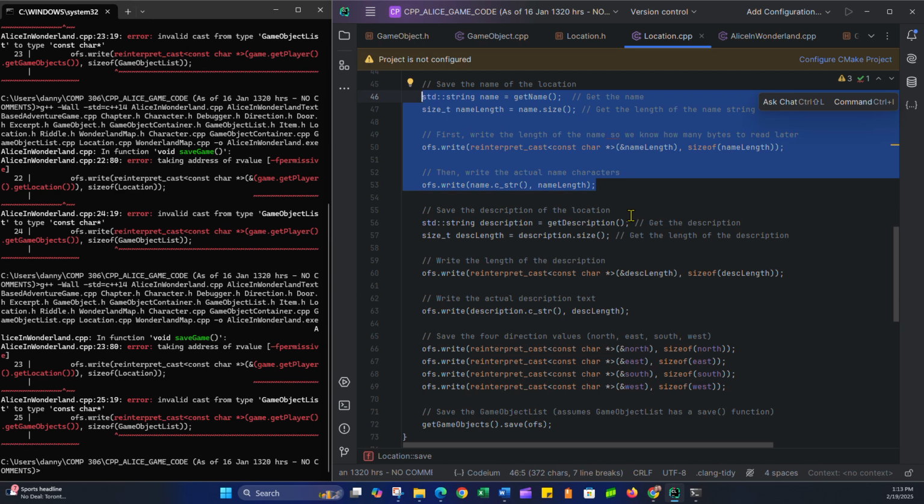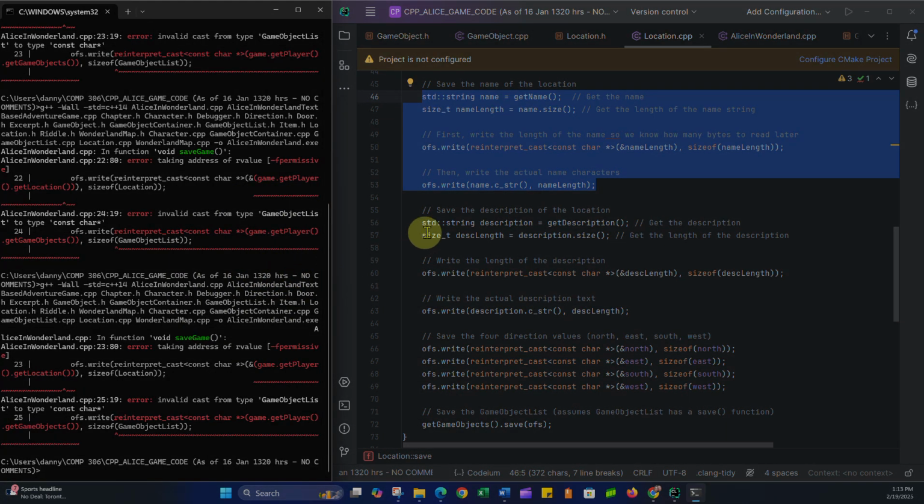Now I'm going to save the description of the location. I'm going to do the exact same thing. That's exactly the same process, in which I use the getDescription method instead of getName. I use getDescription to return the description to a std::string, and then